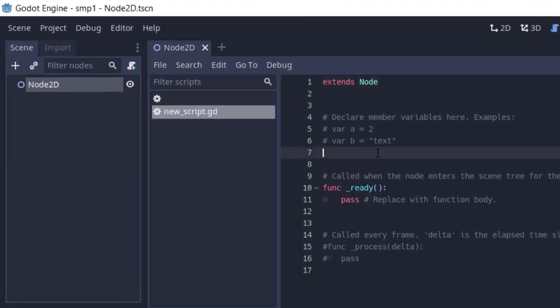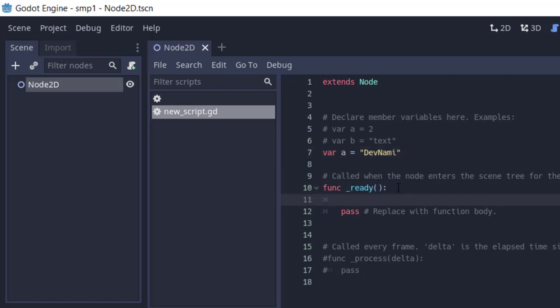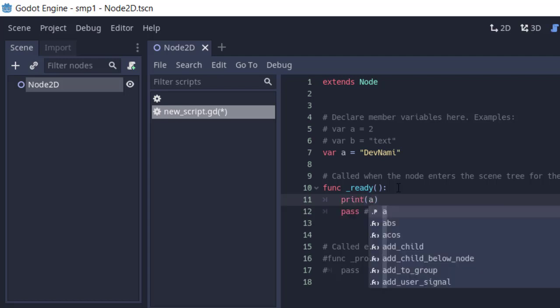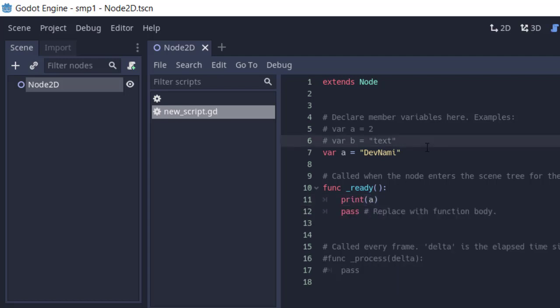So what we'll do is we will create one variable with keyword var, then let's say a equals my channel name. Now next thing, within function ready, we will call print, passing our variable. Okay, that's all. And after that, what we need to do is go to our scene, then